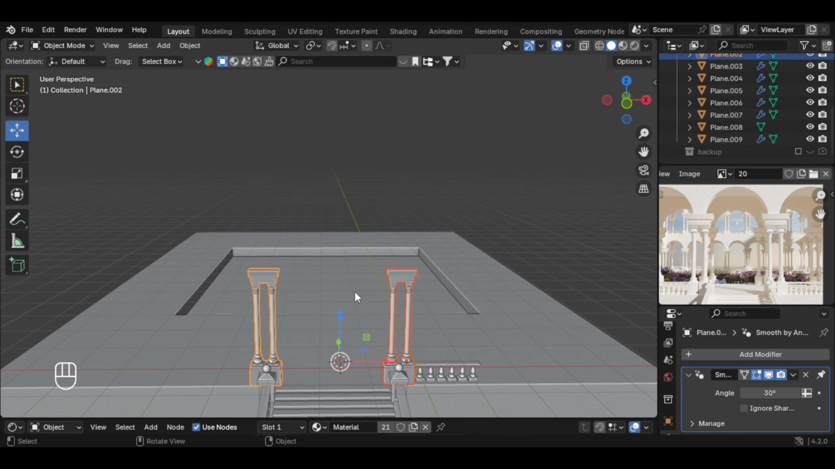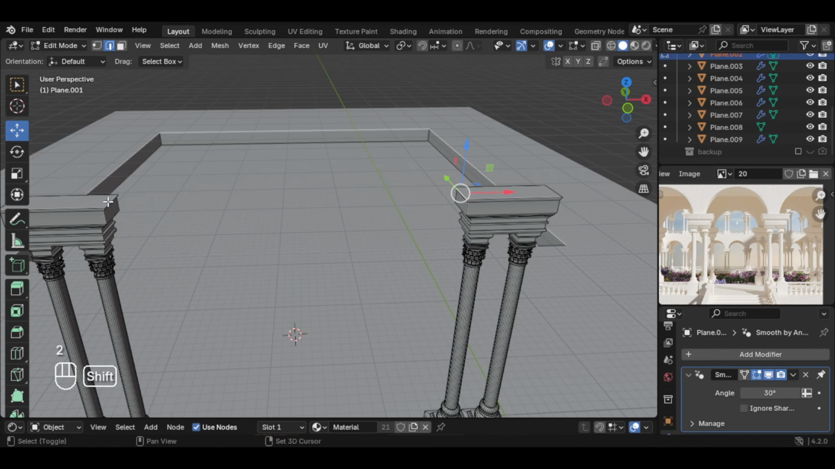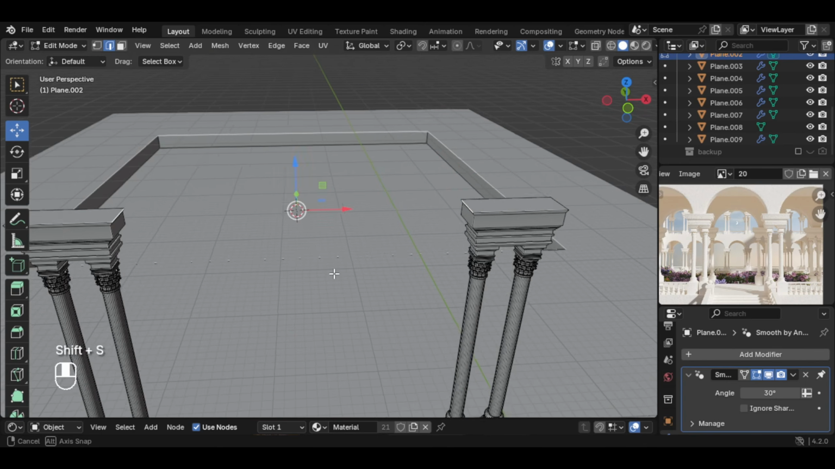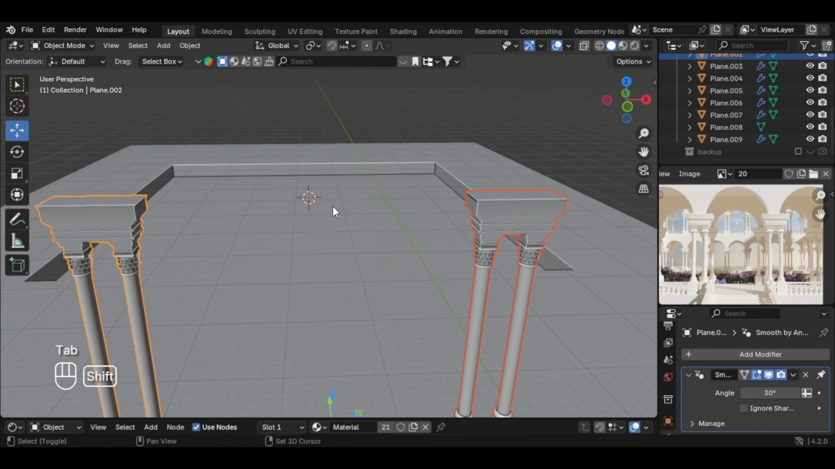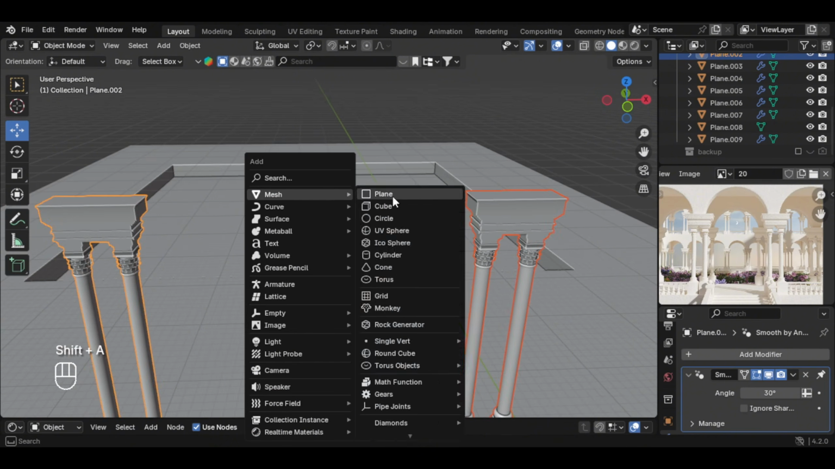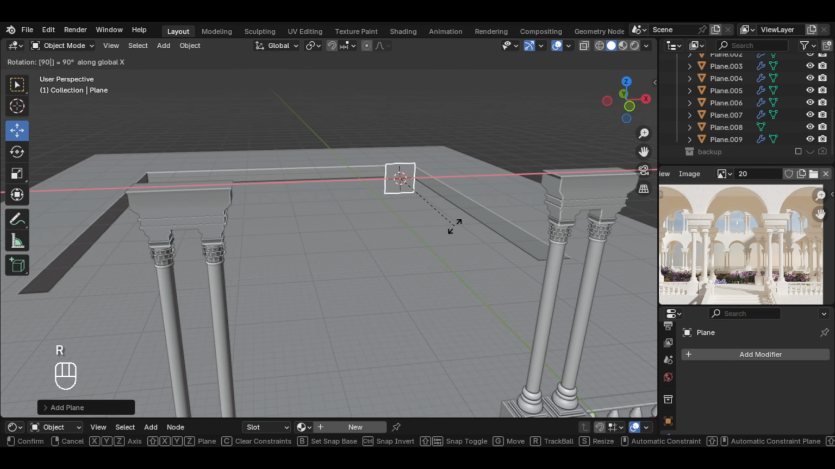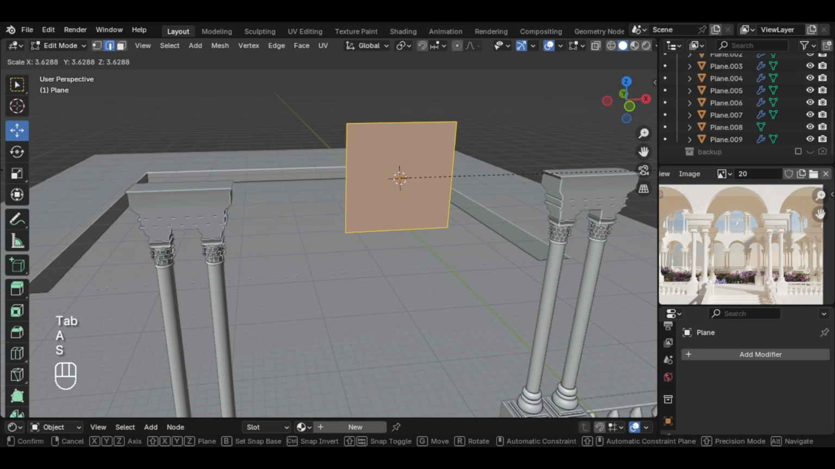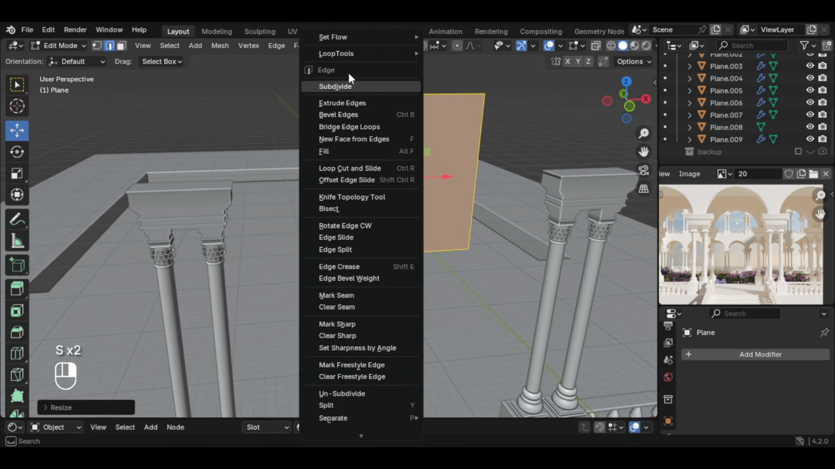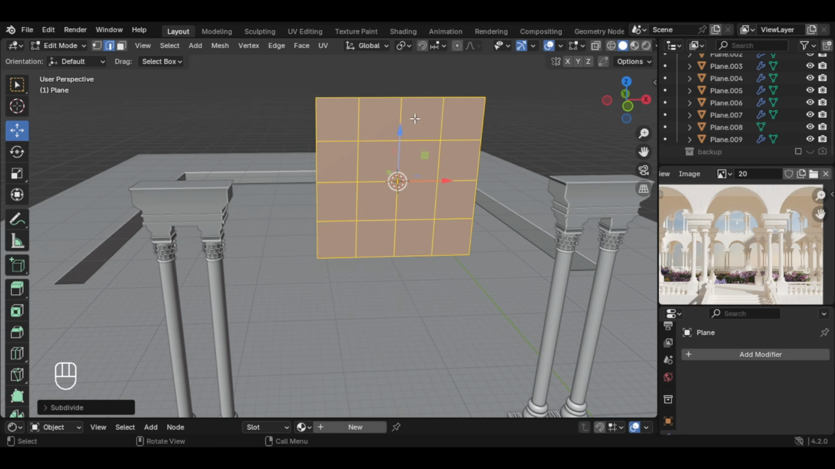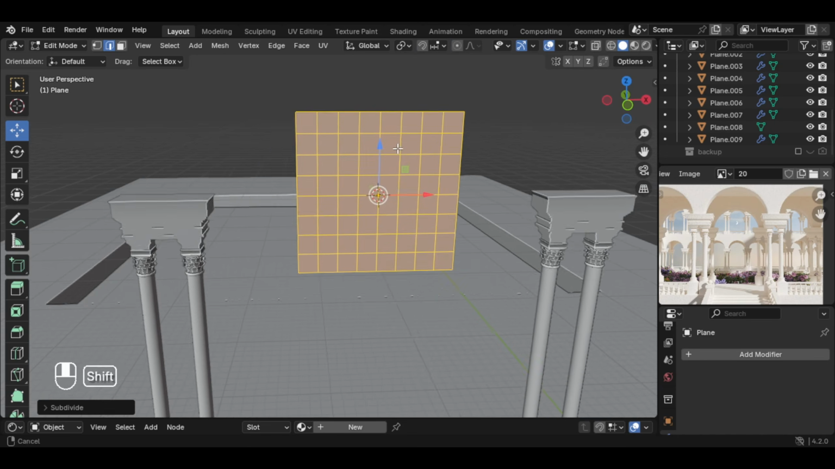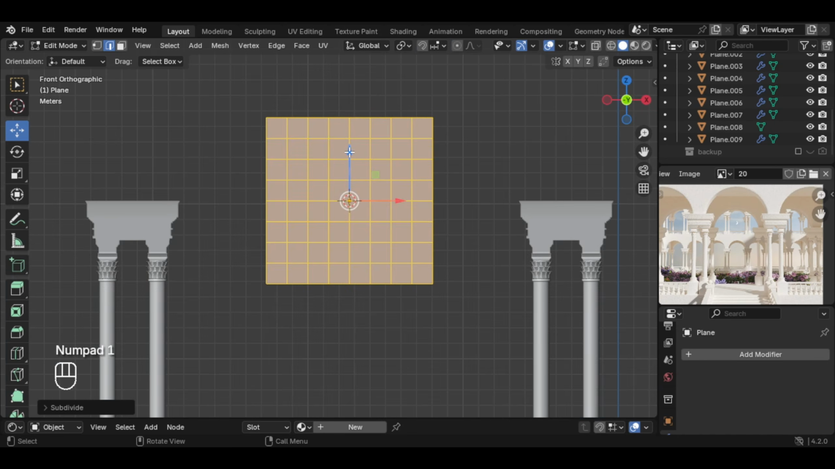Select these upper ones, so go to edit mode. Or we can select these both edges and cursor to select it. And now it's in the middle. And Shift A, let's add a plane. And R, X 90. And let's scale it up. And make a couple of subdivisions. So subdivide it a couple of times, so maybe 3 or 4 times is enough,